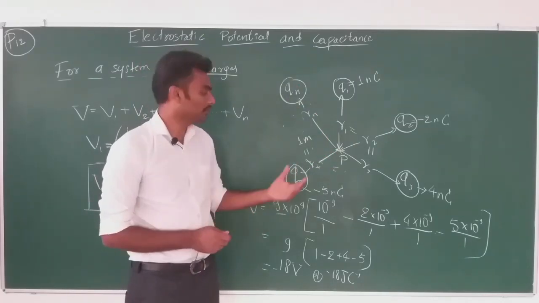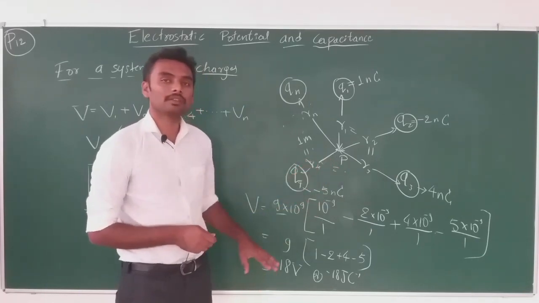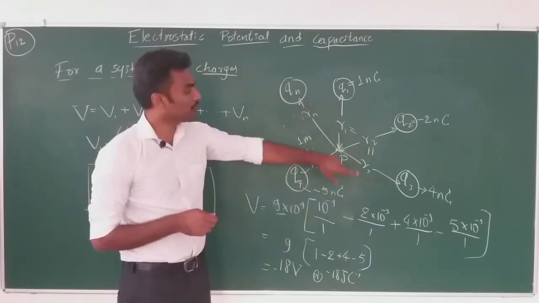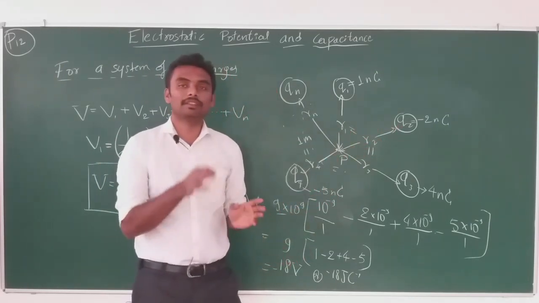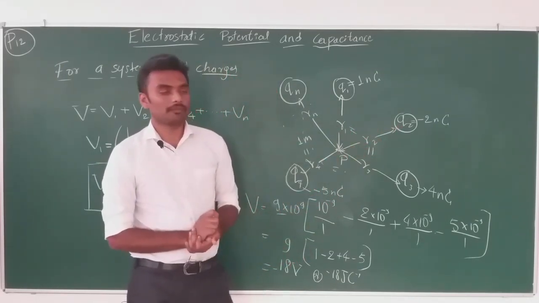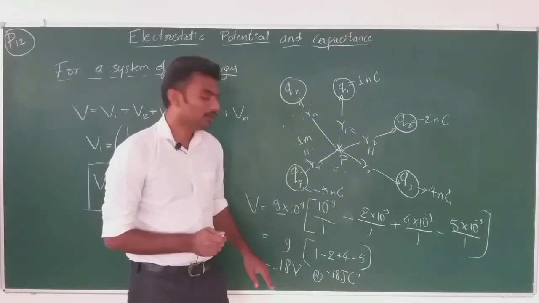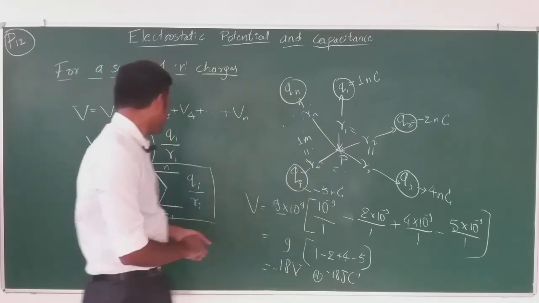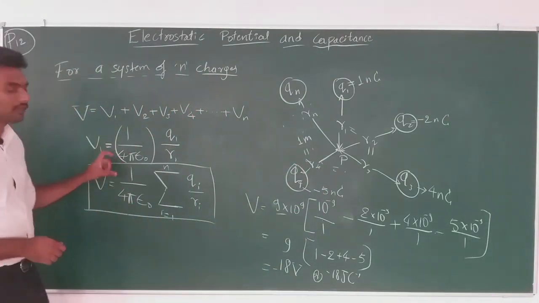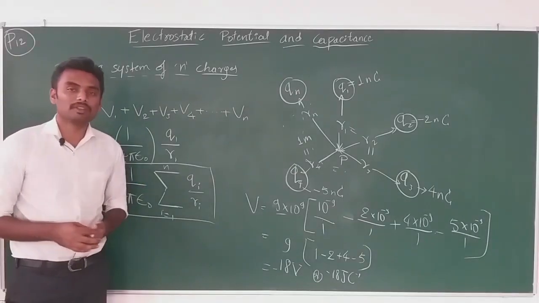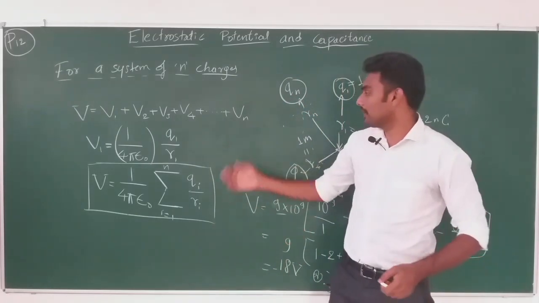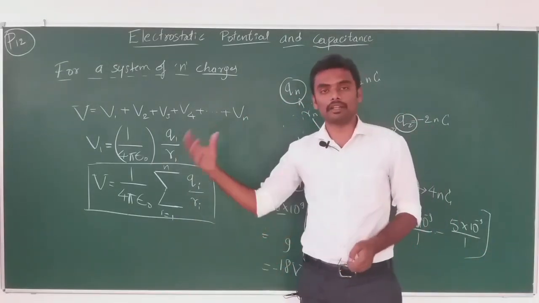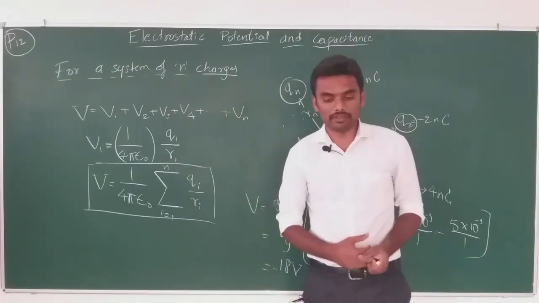See, now we have 2 positive and 2 negative. Potential due to these 2 positive charges is positive. Potential due to these 2 negative charges is negative. So, together this is how we get the net potential. This is an important expression and you have steps in between. You follow them in the reference book and the study material given, and practice the complete derivation.